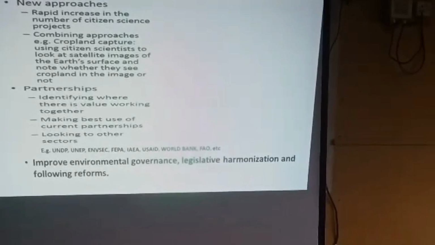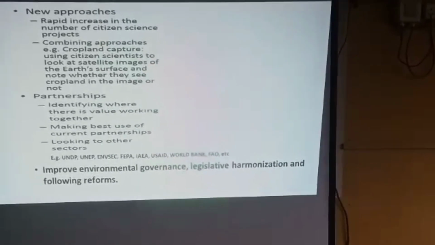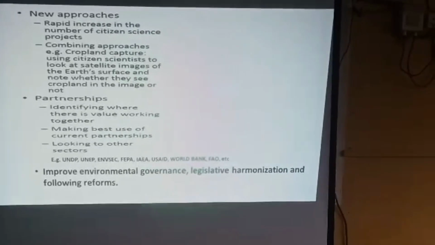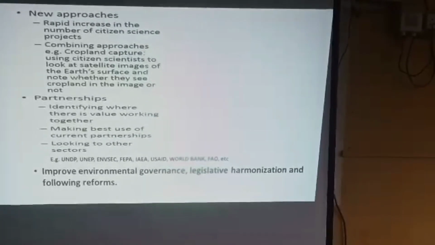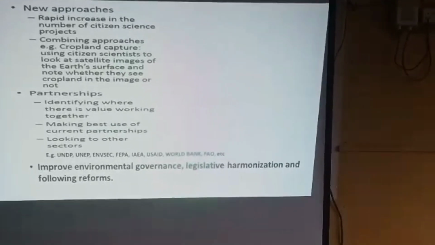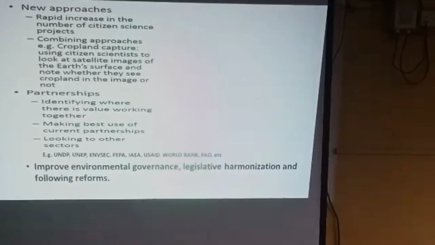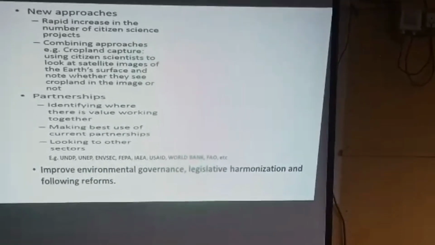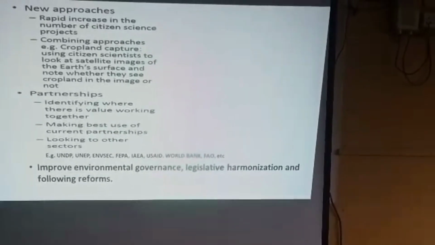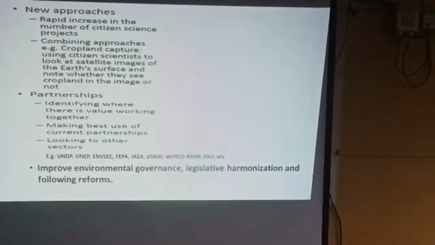FEPA is Federal Environmental Protection Agency. IAEU, USAID, World Bank, FAO. USAID is United States Agency for International Development. FAO is Food and Agriculture Organization, etc. Several of these partner organizations work jointly or singly in helping to solve some of the challenges facing